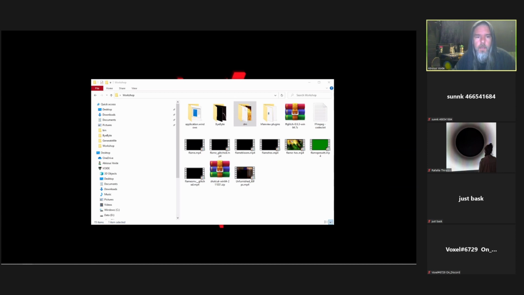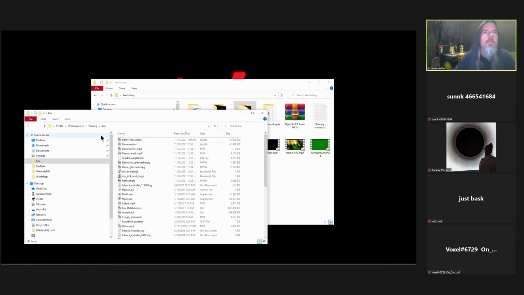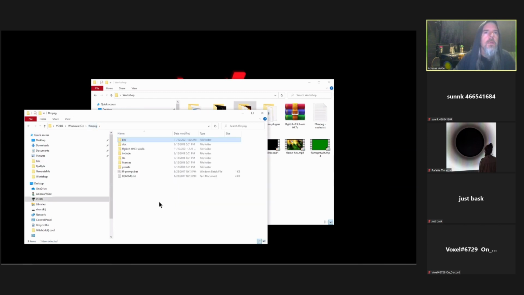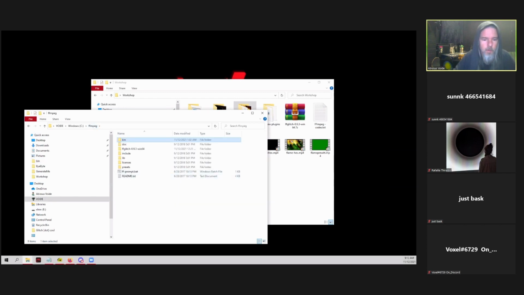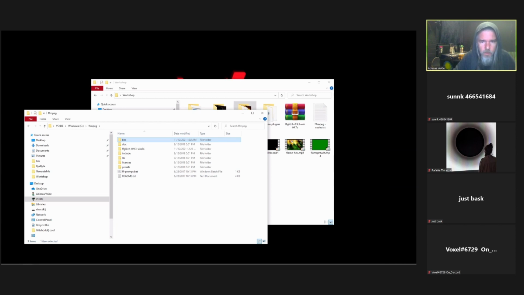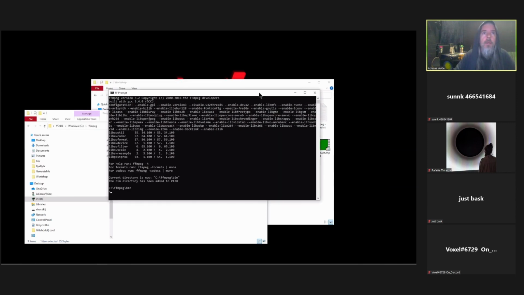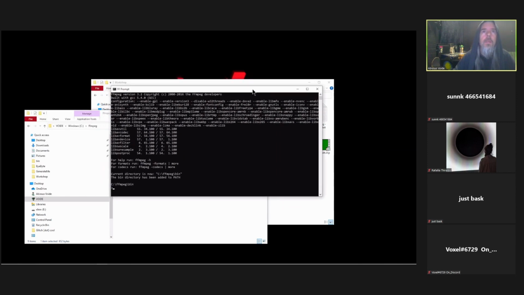FFmpeg. Now, this is a command line tool. Let me see. Let's start that up unless I've already got it open. Yeah, it's small in the process, but it's super powerful. There's so much that you can do. I could do a whole thing just talking about it. I use it for a lot of things. I've used it on a lot of stuff recently. Okay, so